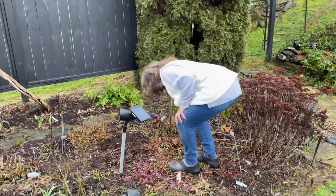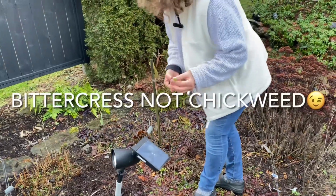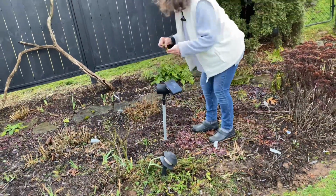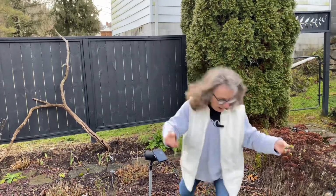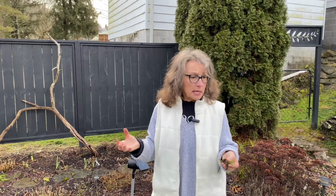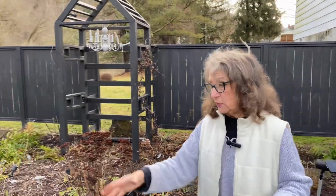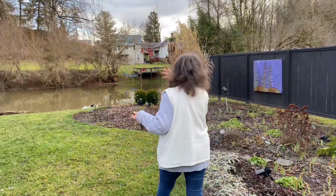So like this little chickweed that gets caught up in all your plants, in this kind of weather, get out, and this is the time to weed this kind of stuff. And I did a little edging, so you can do something on a pretty day like today in your garden that makes, come March, when it gets even prettier, you won't have so much to do. And when you walk out, it looks nice. I got the yard raked that day too, and I haven't noticed a lot more limbs or small leaves down from the